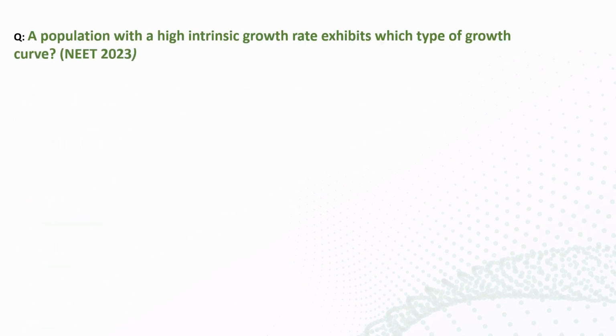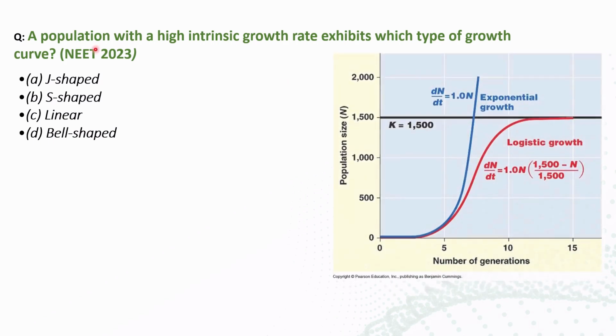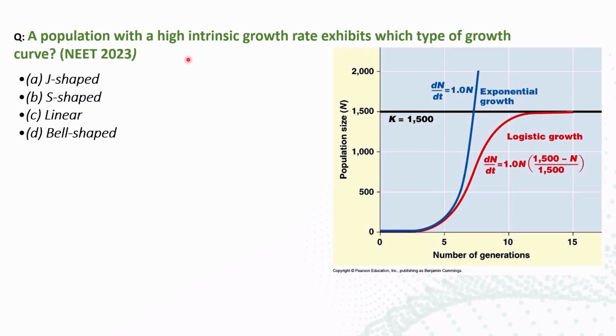So what was the first question given from the ecology chapter in the previous years? A population with a high intrinsic growth rate exhibits which type of growth curve, they are asking. Okay. So what were the options given? They have given the options like J shape, S shape, linear and bell shaped. So in that you have to say which type of shape occurs in the high intrinsic growth rate. Okay. If you see, it is a growth curve, right? So normally growth curve means what? The population growth over time with the certain conditions, means with the limited resources, availability of the resources and environmental